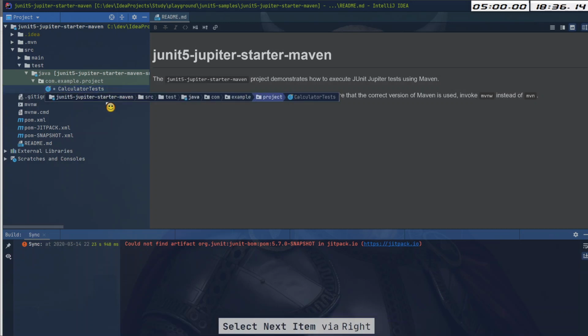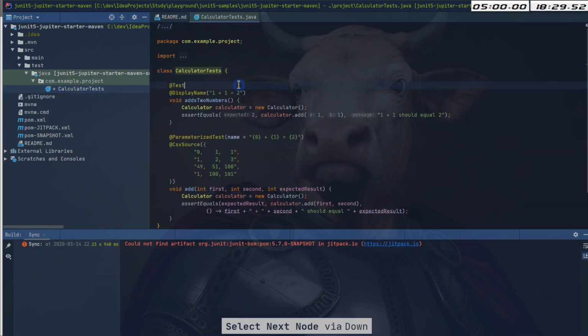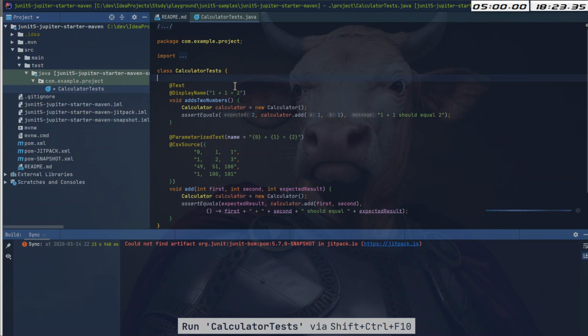It will show? Yeah, it will show, okay. And now it looks much better. Actually, run. That kind of works,